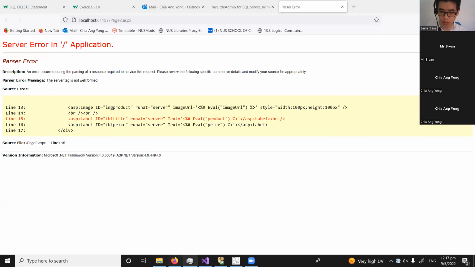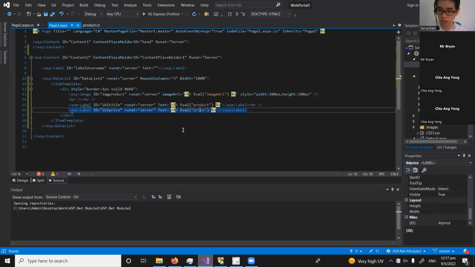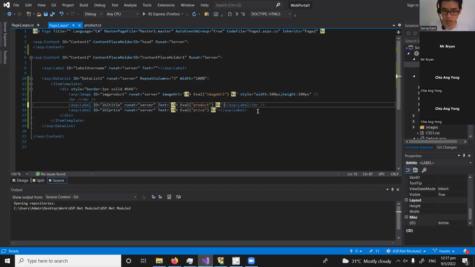Okay, go back to the thing. Okay, so this one is important. So text, once you close, you need to close the label also. Oh, okay. So take note of this whole thing. So if you miss something, miss one arrow or something, then it's a